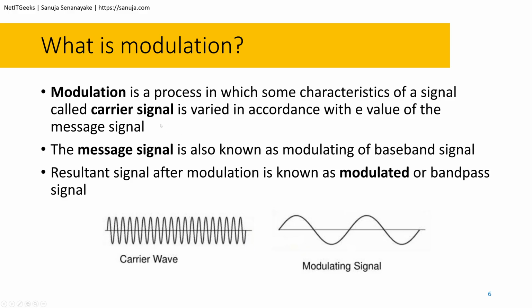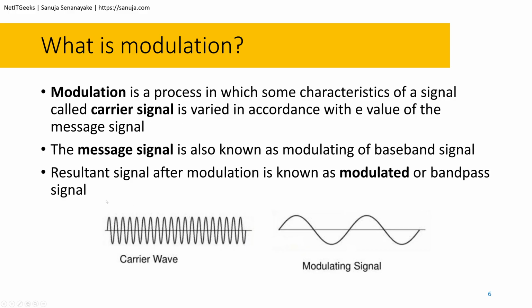So two components: we have a carrier signal and a message signal. In modulation, what we are doing is varying the elements, in other words the characteristics, of the carrier signal itself, not the message signal. To give you a high-level overview, the carrier signal is basically what carries the data. The message signal is what the actual data is. So we don't change the message signal itself, but we change a lot to do with the